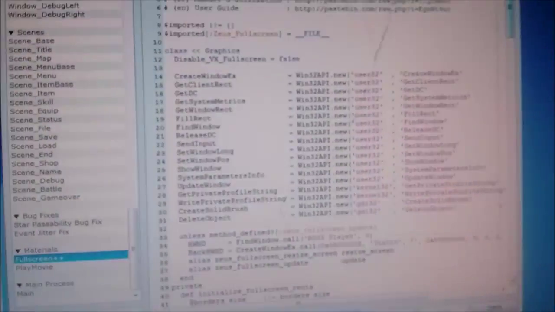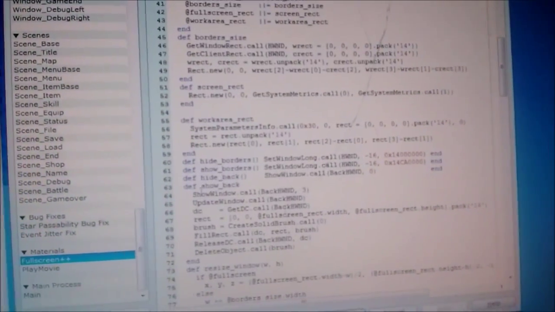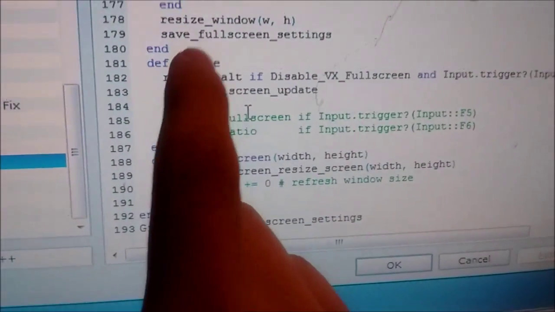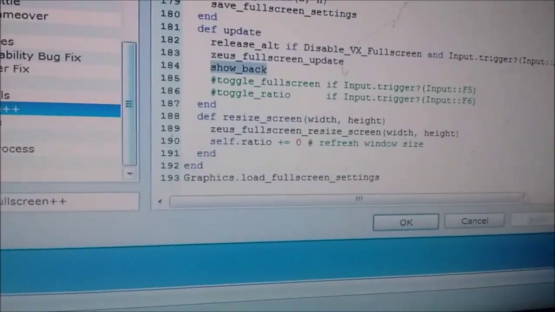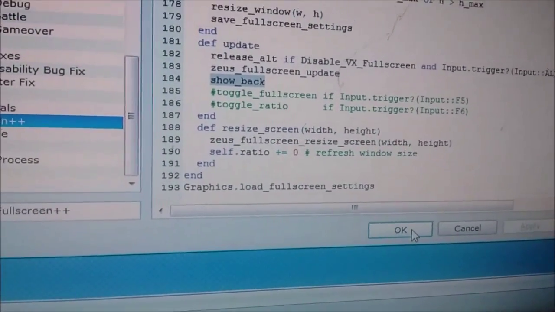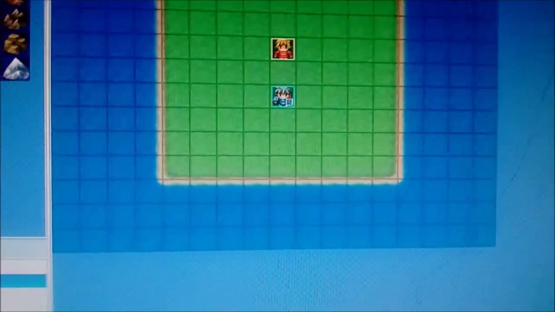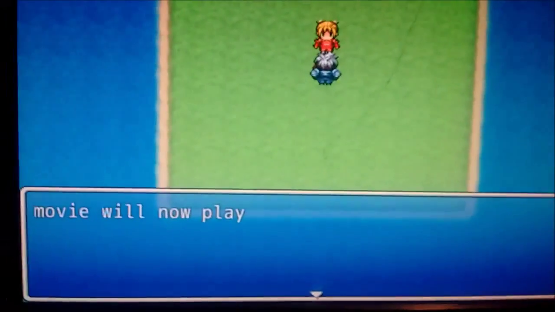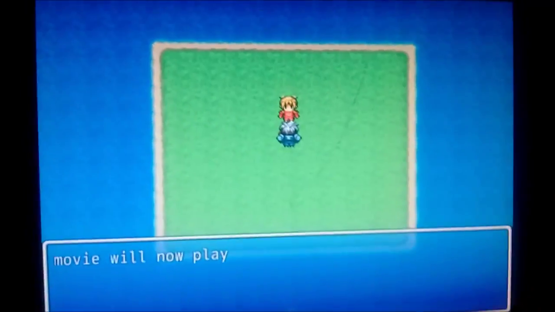Next problem I was having that I fixed was under the full screen plus. I think show back has to be put under update. I have no clue why that has to be put there. I assume that it doesn't redraw the window so it ends up white for some reason after the VLC movie player stops playing. So again, I wouldn't even need to embed live VLC if I could just get this window to stop doing it, because as you see, it works pretty much perfectly on this computer except for that window problem up there. My other laptop works